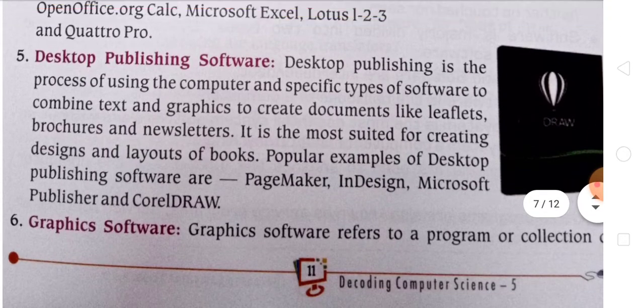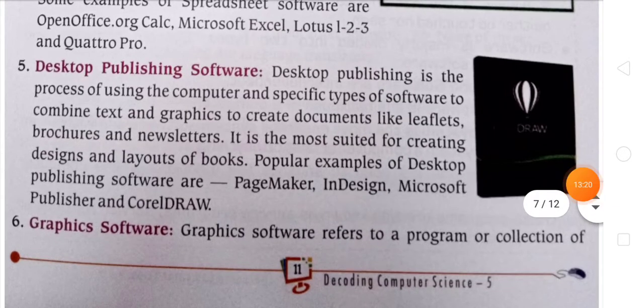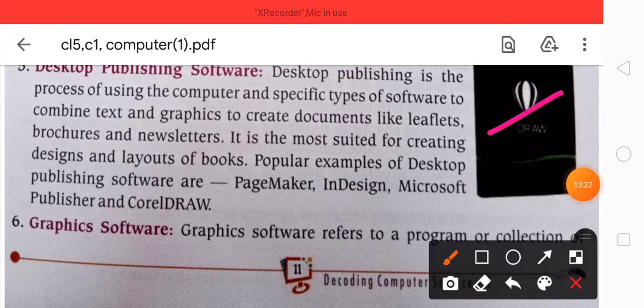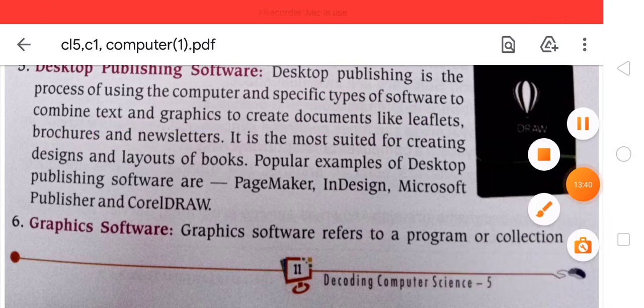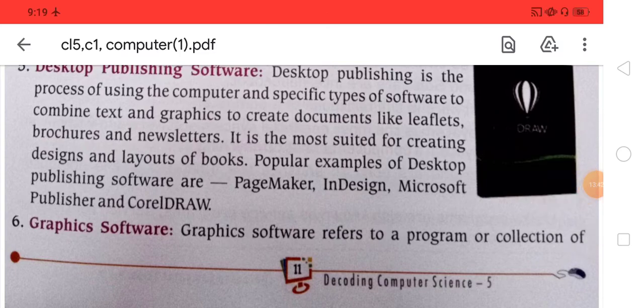The fifth one is desktop publishing software. Desktop publishing software uses the computer and a specific type of software to combine text and graphics to create documents like leaflets, brochures and newsletters.